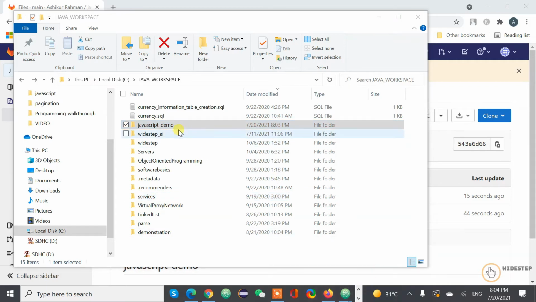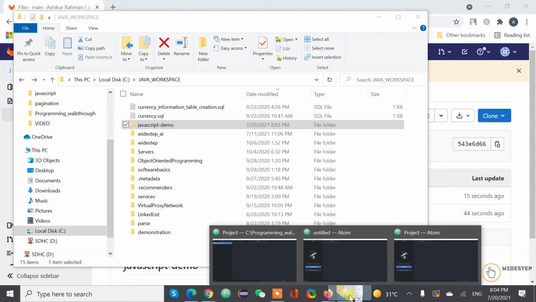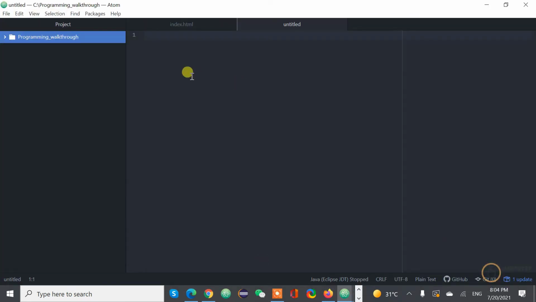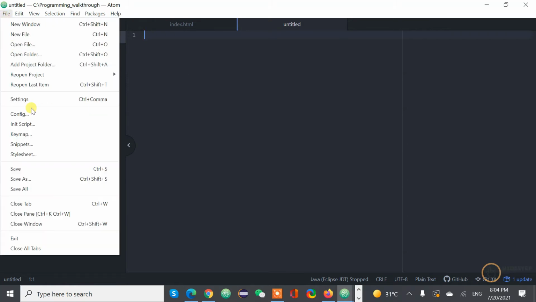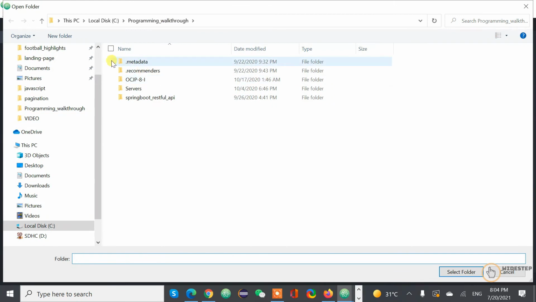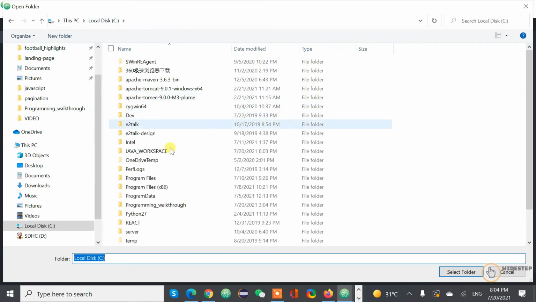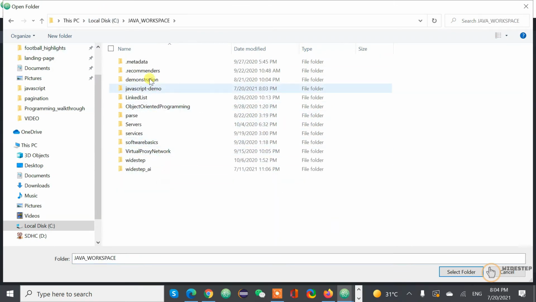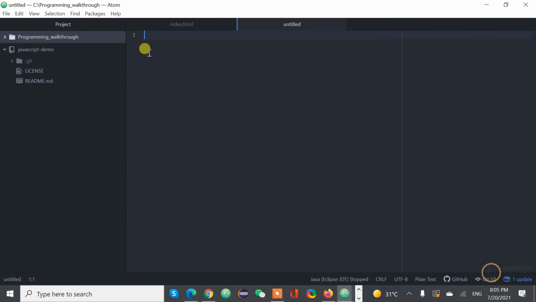By the way, for this demonstration I am using the Atom text editor. You can definitely use any text editor you like. So let's get here, the Java workspace. I don't know why I cloned it here, but anyways,